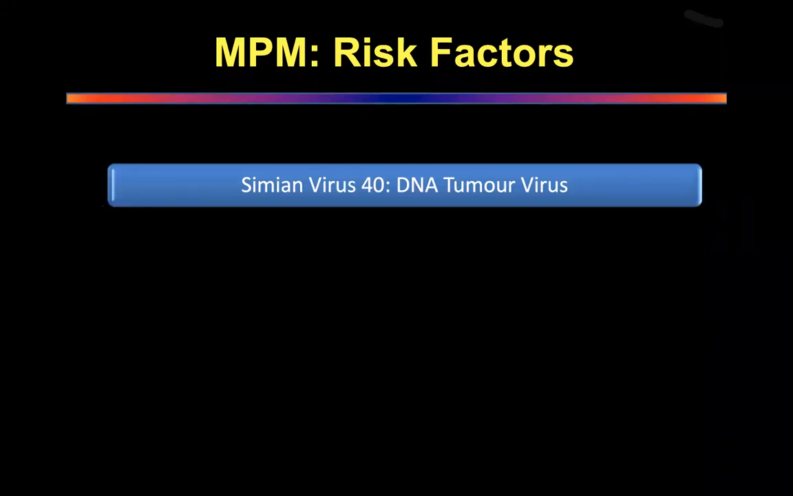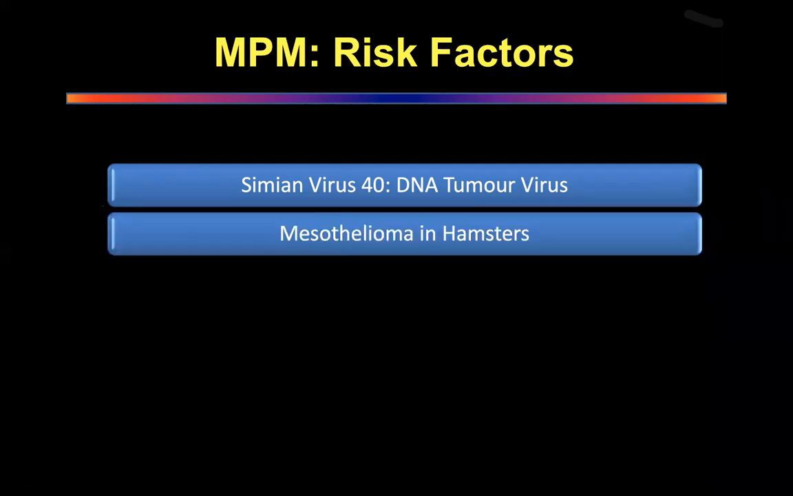The simian virus 40, which I told you about, is actually a DNA tumor virus. It acts on the DNA of the native host, and it causes carcinogenic change in the DNA. And in the labs, they have looked at its potential carcinogenicity, and they have actually been able to recreate mesothelioma in hamsters. So the presence of a simian virus 40 is